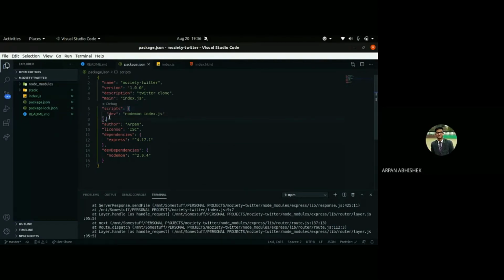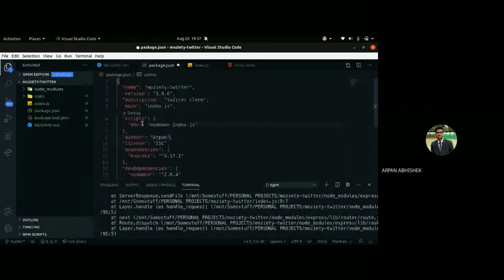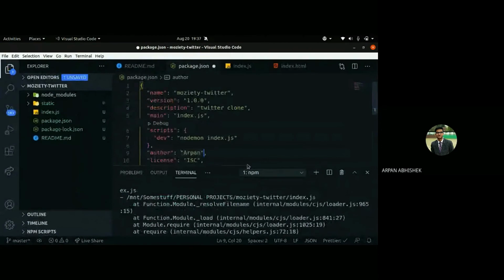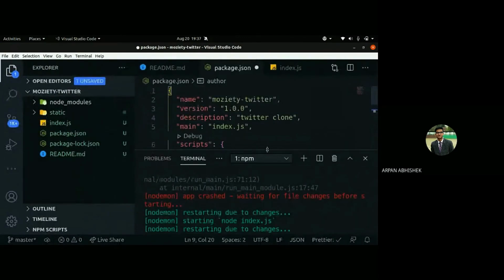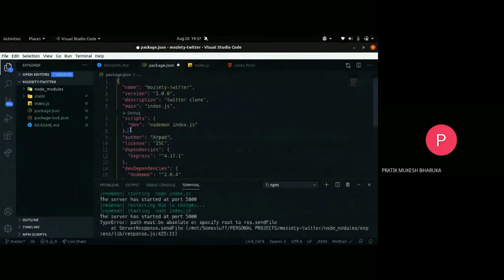So in scripts you would have a test script. I just deleted that and added a new dev script. Actually, I'll make it big. It's too big. Arpan, I think the previous size was perfect. Yeah, is this good? Yeah, it is perfect. So I just added dev inside quotes, and I added nodemon index.js.